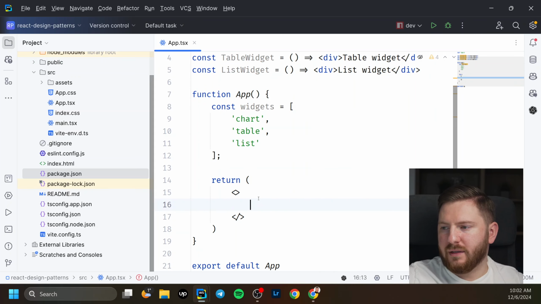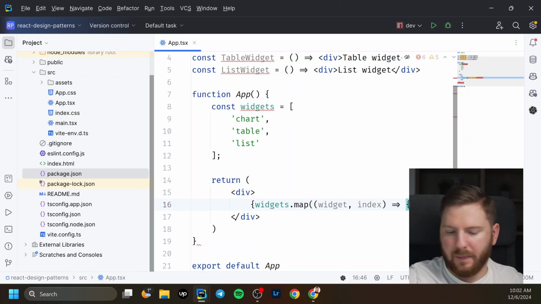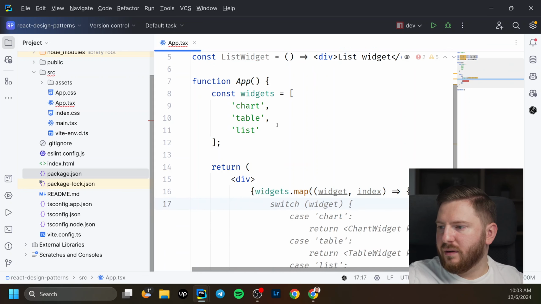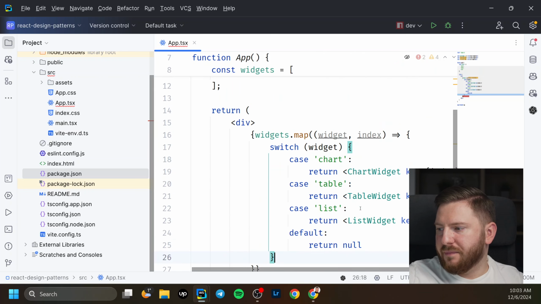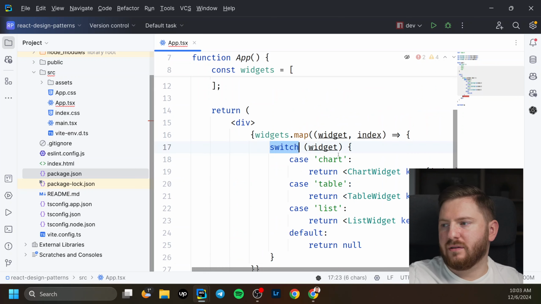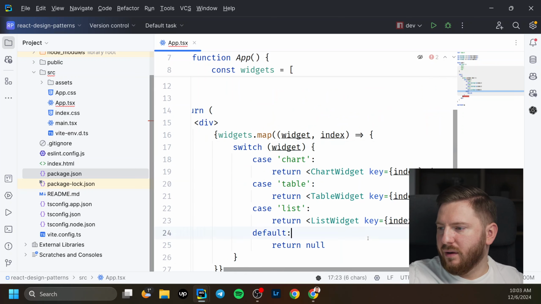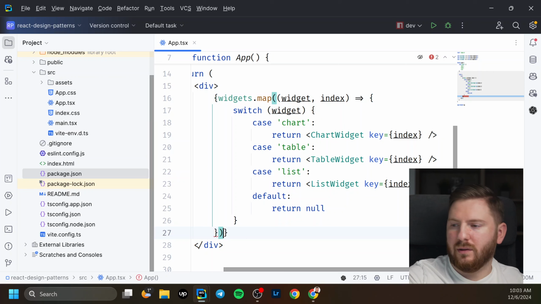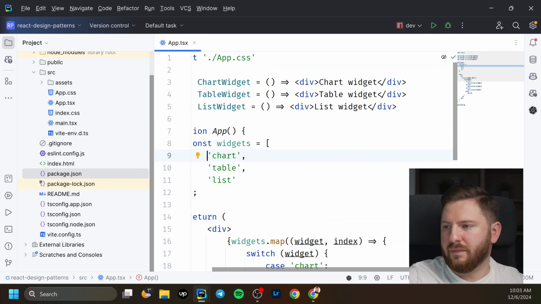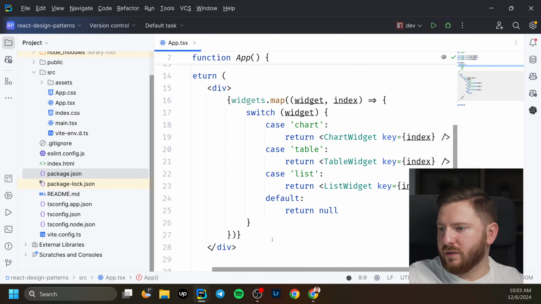So how do we do that? We'll make an array map with widgets, and yeah, as you can see, my intelligent GitHub Copilot suggests switch case, which actually dynamically renders the widgets. But let me close the map function correctly. Okay,